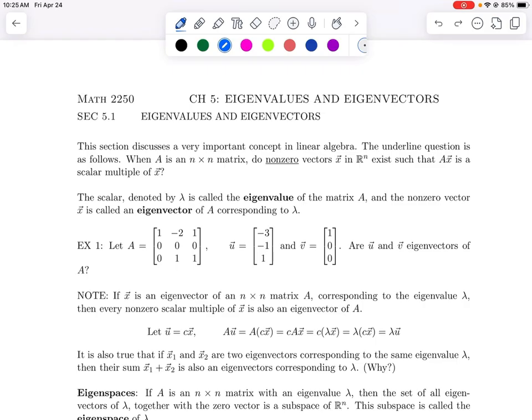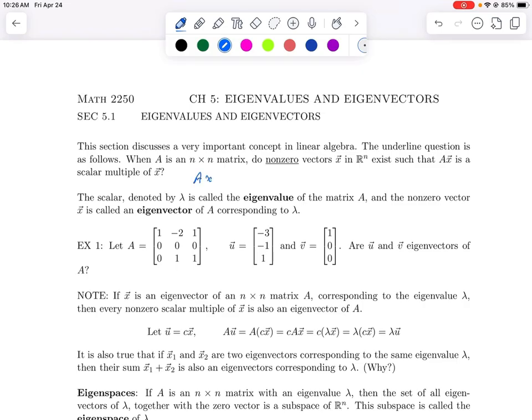and what are eigenvectors. The basic question that we are looking at is that when we have an n by n matrix, a square matrix, we want to find out whether there are non-zero vectors in Rn such that when you multiply the vector x with the matrix A, does it give the same vector back multiplied by a constant? In other words,